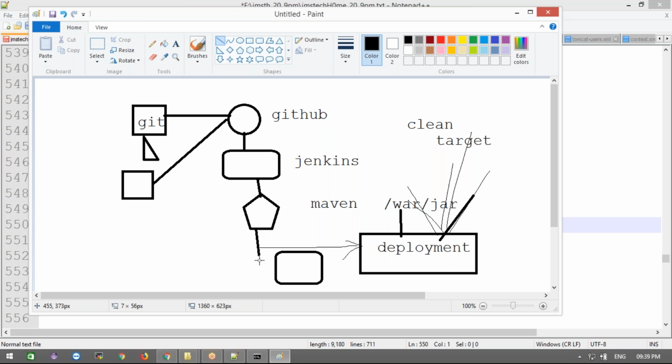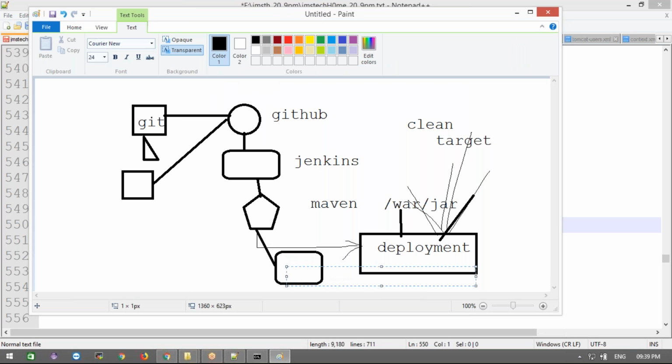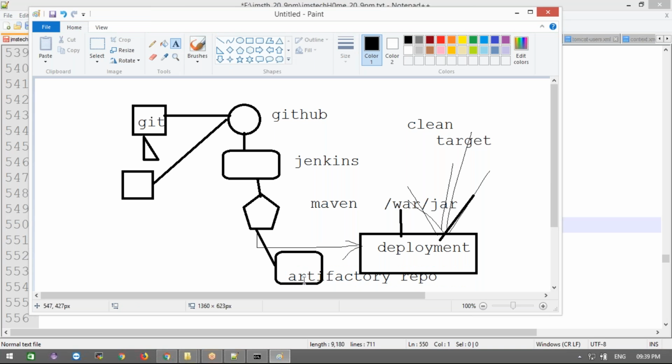In this artifact repository tool, I'm going to push this artifact also. One var file will go for the deployment, and one jar file will go to the repository with whatever version it has. This is the artifact repository. I'm going to push it for backup purposes. If you want to change the deployment immediately, we just download that var file from the artifact repository and deploy it to the Tomcat servers or wherever you want. Immediate deployment will happen, right?